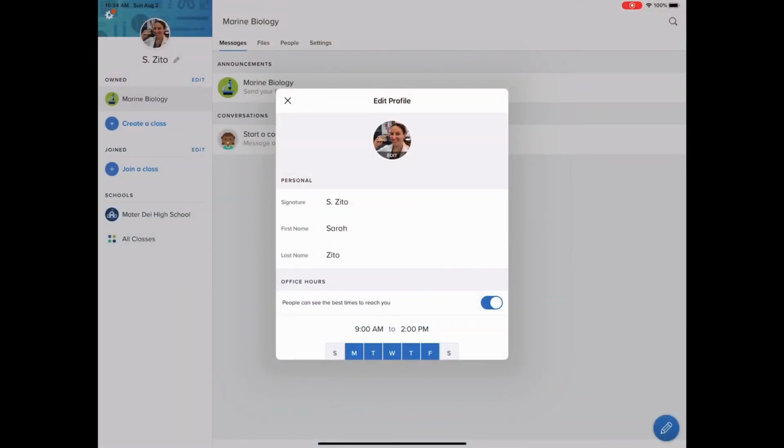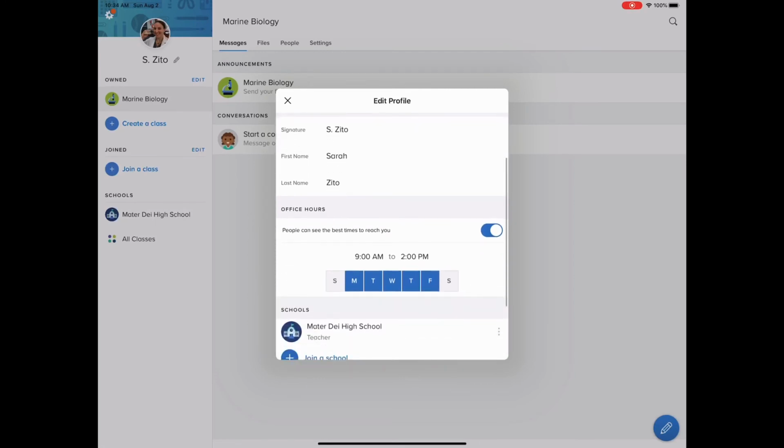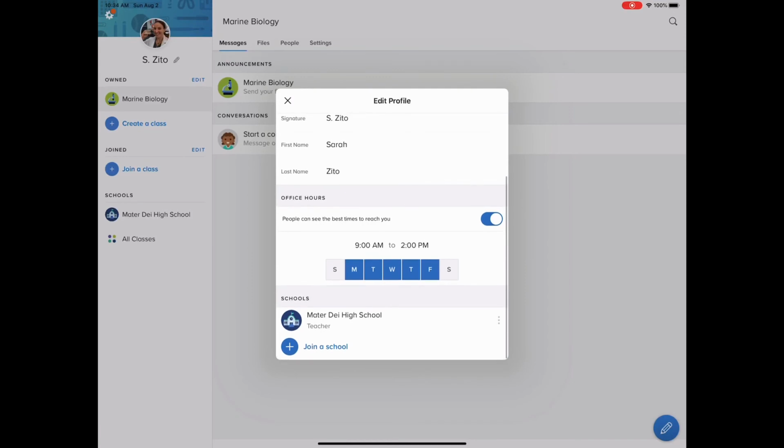You can also customize your settings as well. So you can add a picture of yourself, and that's great right now, especially with distance learning because you're not right there in front of the students. You can choose how your name appears. You can also set office hours as well, and let the kids know when they can reach you